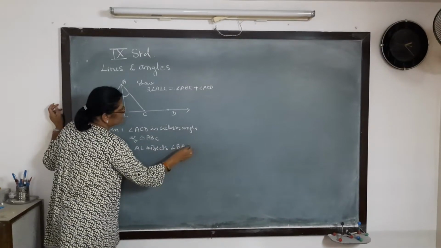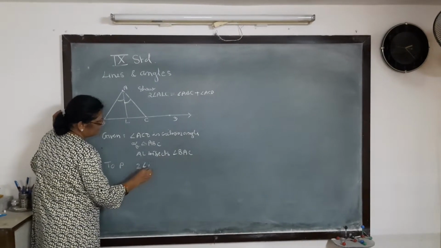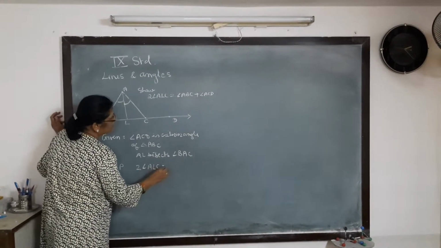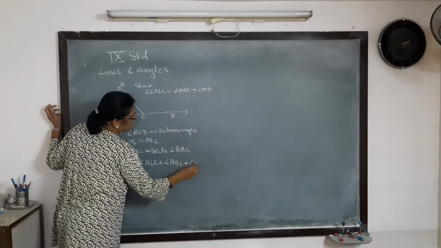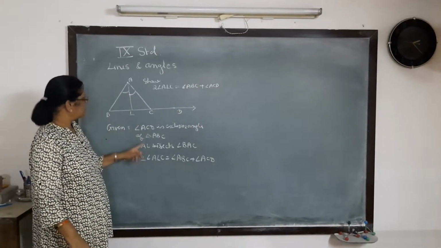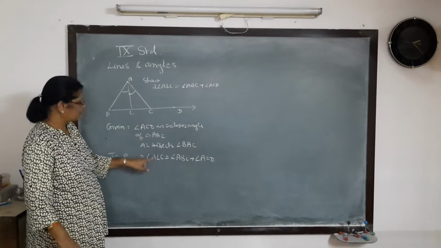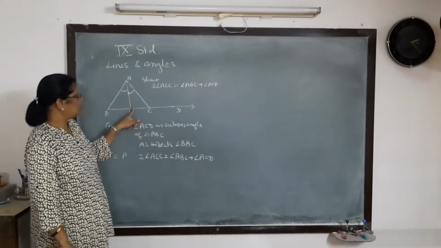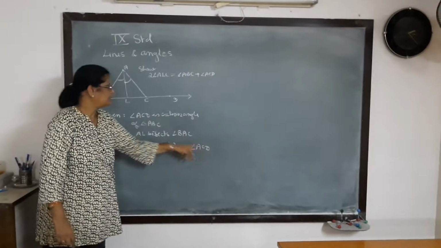We have to justify or prove that twice angle ALC is equal to angle ABC plus angle ACD. You are given AL bisects and we have to use twice angle ALC. And the relationship of ALC we have to justify with ABC and ACD,